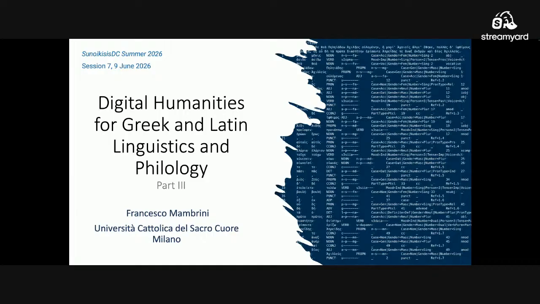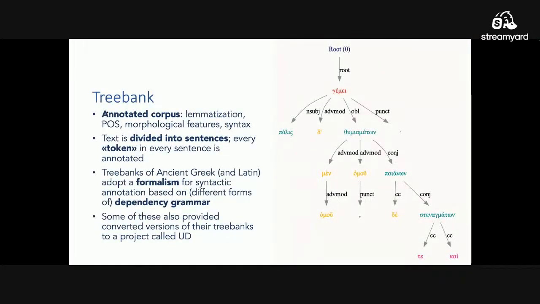Okay, so I will move away from the topics of named entities and personal names and names in general, or what Valeria has rightly called the semantic annotation, and move to the other annotation that Valeria mentioned, linguistic annotation. So the annotation in texts of proper linguistic features, what in common parlance we would call more grammatical features of the text. And I will introduce a subject that is very dear to me, the one of treebanks of ancient languages, of course. So what is a treebank in general?